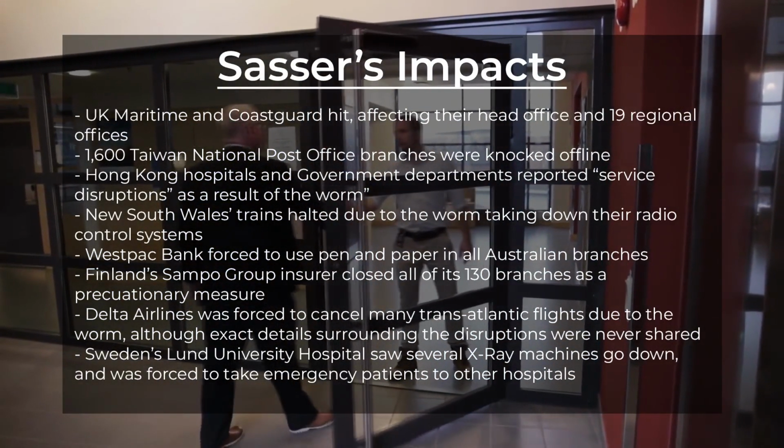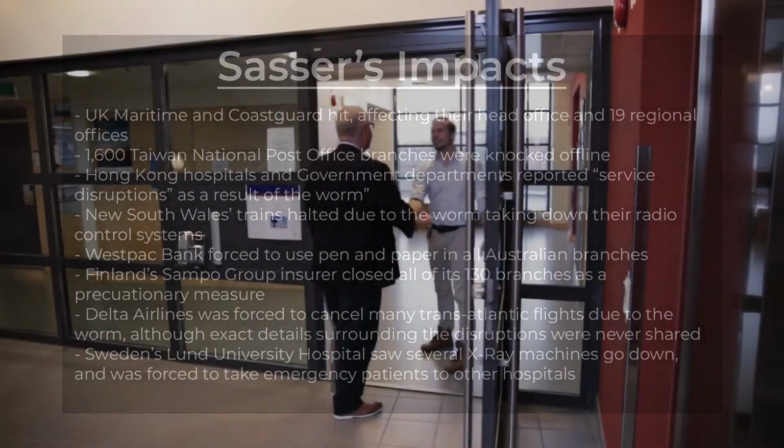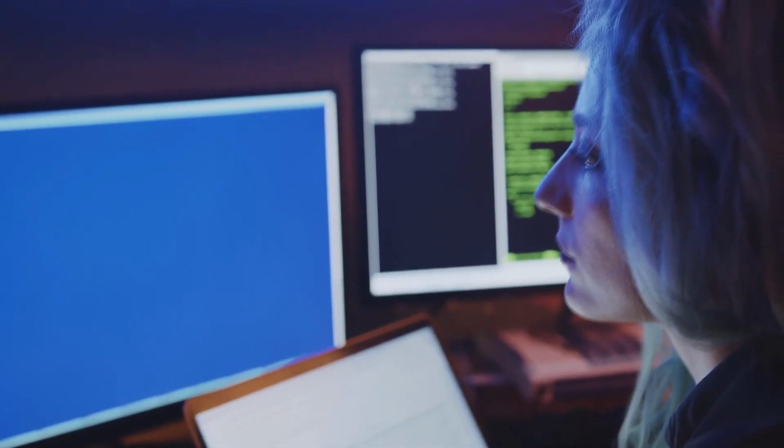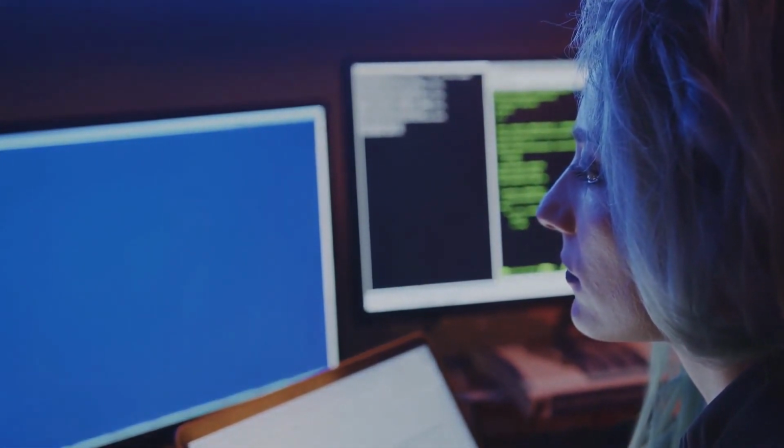But that's enough of the background. Let's get into a live demonstration of the worm on a closed network of real physical computers. We could do this with virtual machines, but I thought the physical computer approach would be far more interesting. It's always better to see what these worms will do in the wild when confronted with real network conditions and real computer hardware.